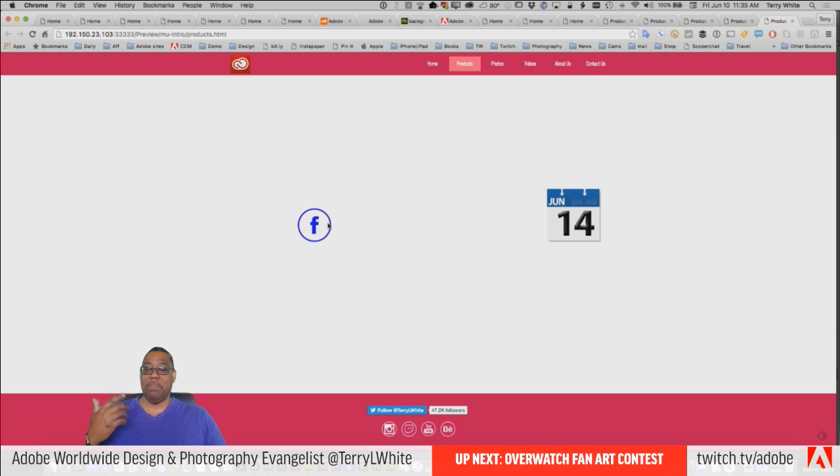But it's basically treating those layers as different states of this graphic. So as I roll over it, I get the blue. As I roll away from it, I don't get the blue. Now, keep in mind, that only matters